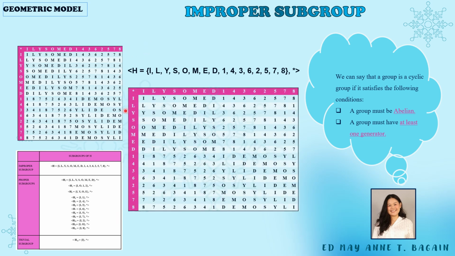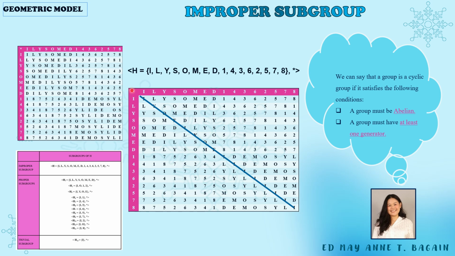Okay, we have here, as we can see, the table, the result after multiplying all the elements. And we can see here the diagonal line. Okay, so looking at this figure here and the number 7, 7 and 3 and 8 and 4 and letters L and D. Okay, so we will be looking at those numbers.